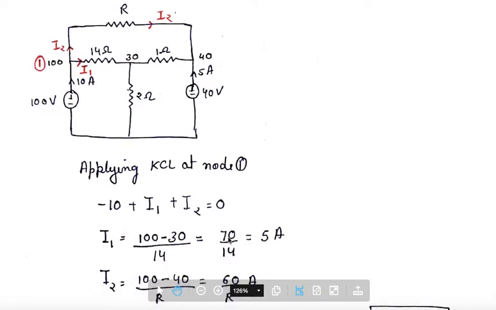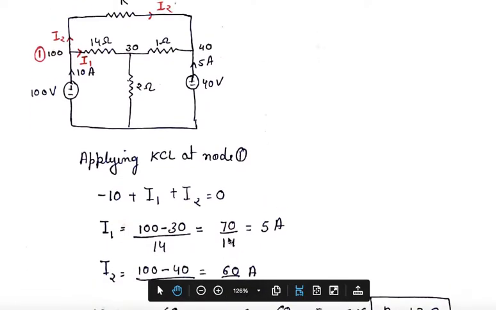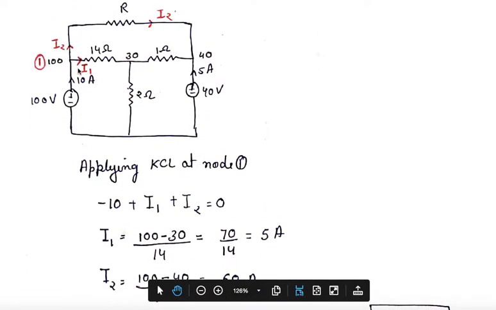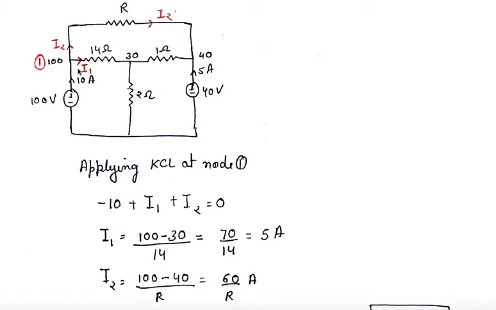So then, with Ohm's law, we will find the value of I1 and I2. Now for I1, we know the value of I is V by R, by Ohm's law. And voltage is equal to higher voltage minus lower voltage. Potential difference is nothing but the difference of higher voltage to lower voltage. So current always flows from higher potential to lower potential. So in this case 100 will be our higher potential and 30 will be the lower potential.